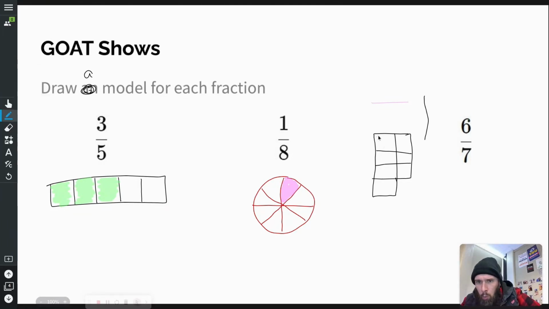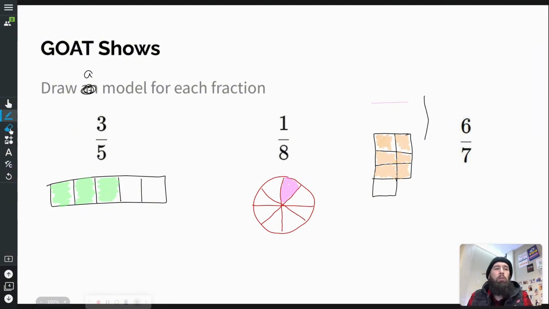We're going to shade 1, 2, 3, 4, 5, 6. So in the previous slide,